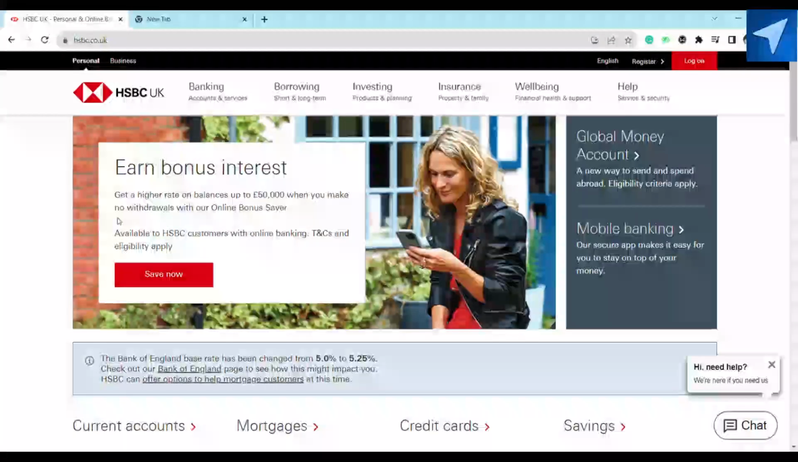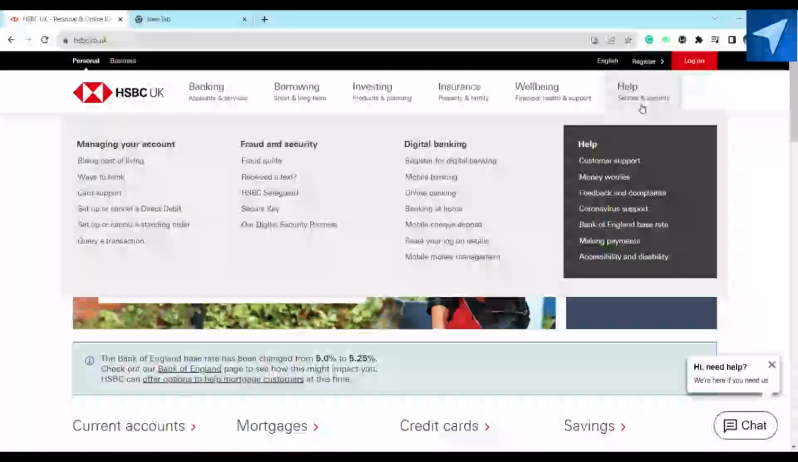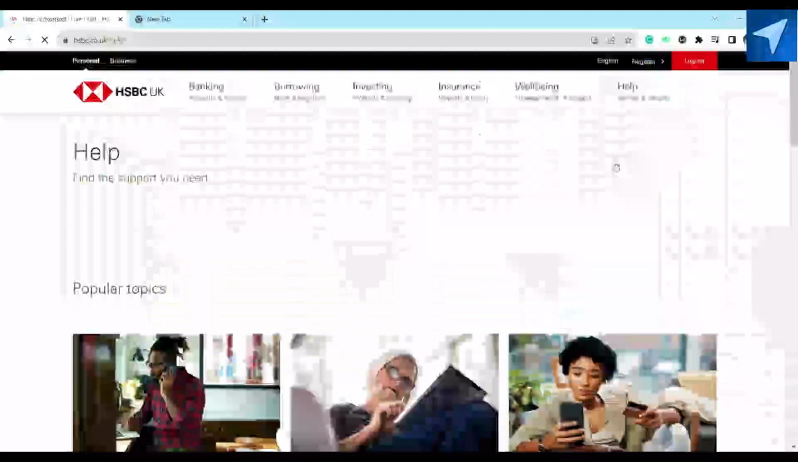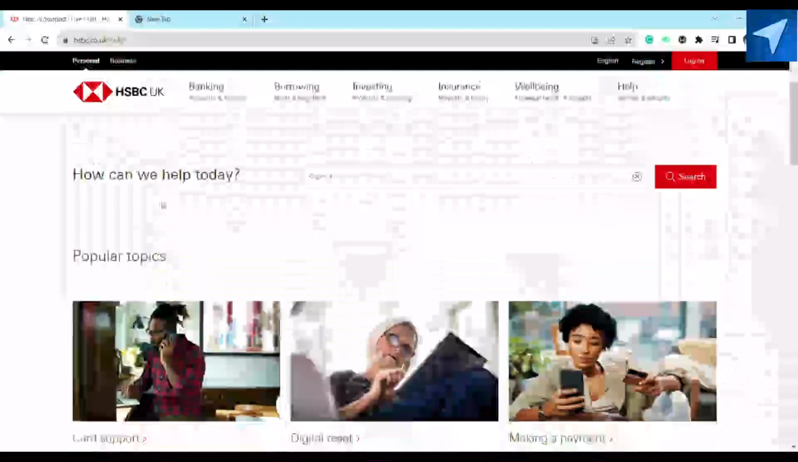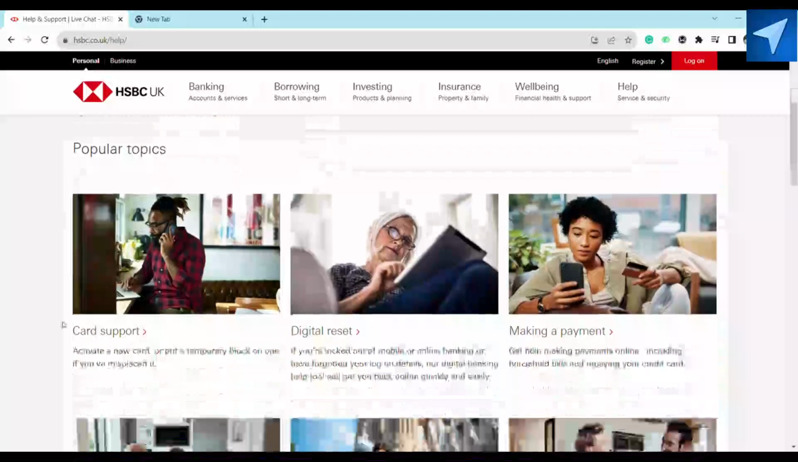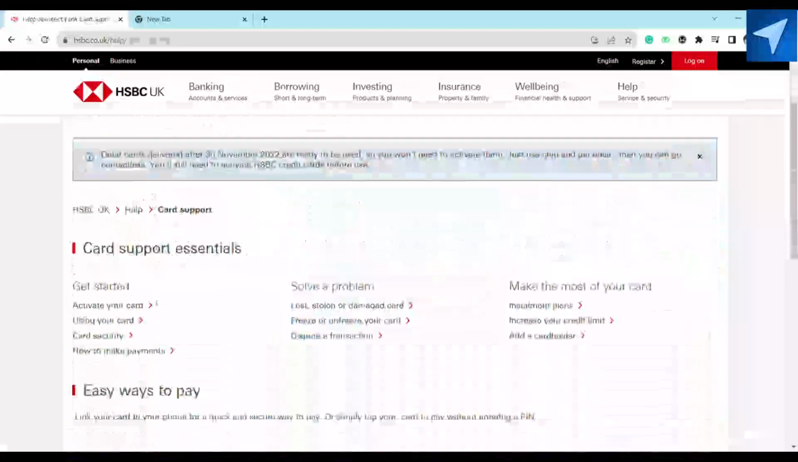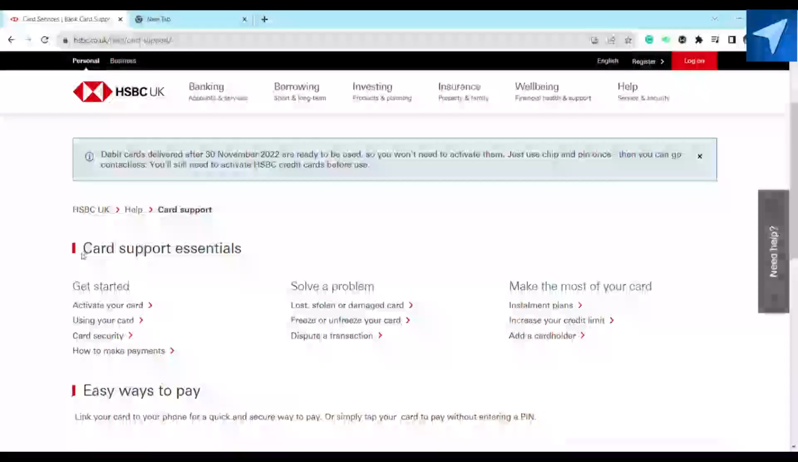And here on the menu bar, you just have to select Help, Service and Security, and under the drop down menu you have to select Customer Support, and now you just have to select the support that you need. Since we want to activate our debit card, we'll just scroll down and click on Card Support. Scroll down and here you can see under the Card Support Essentials, activate your card. Just click on that,